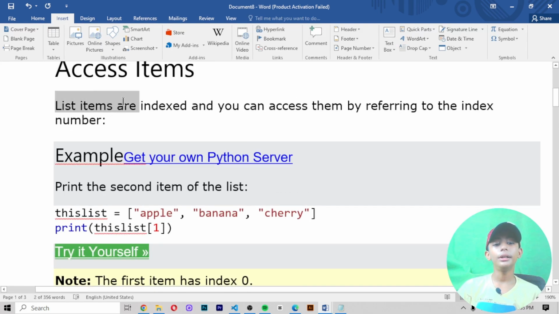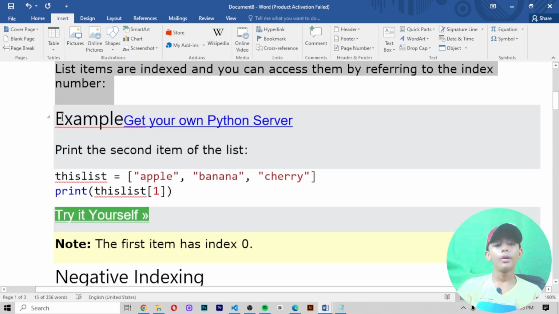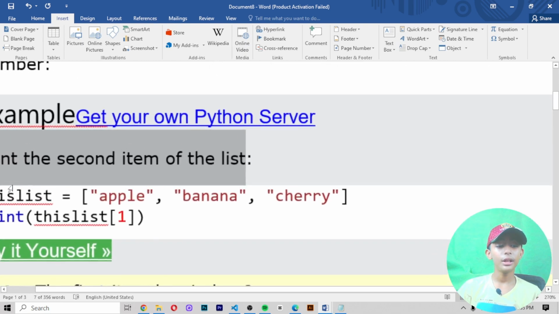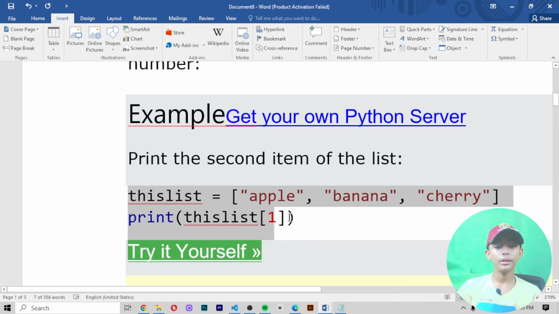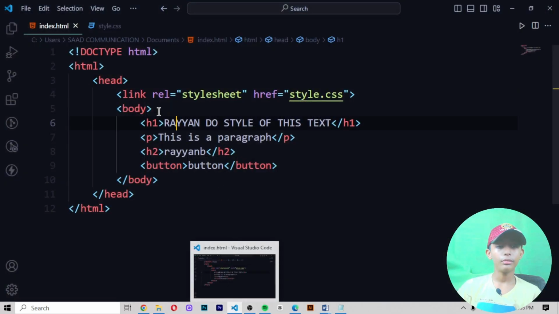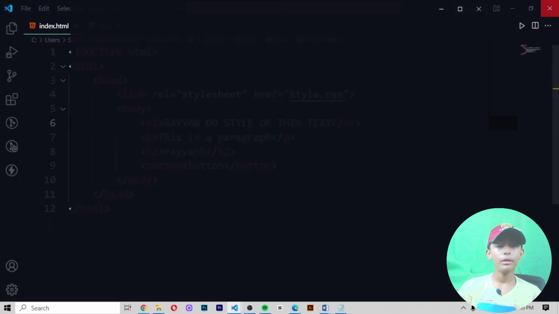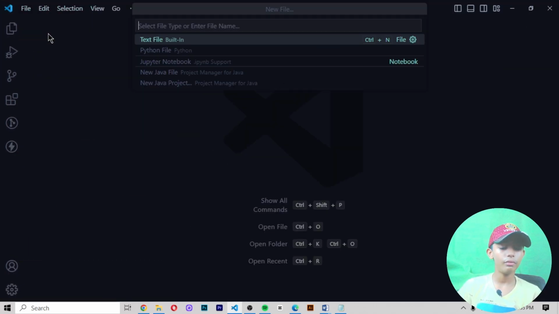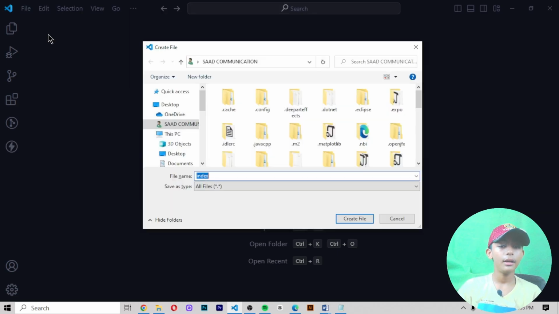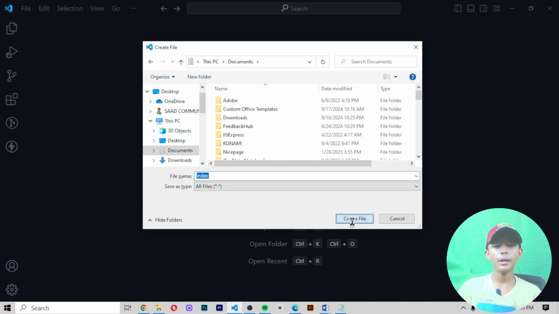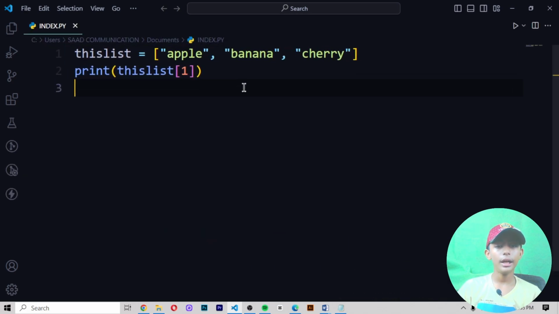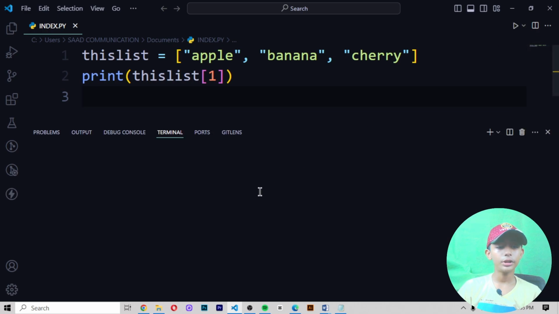List items are indexed and you can access them by referring to the index number. For example, if you print the second item of the list, you write it like that. Let me show you. You can go here, create a new file, index.py, create the file in Documents, then paste it, and when you save it and run it, it gives you